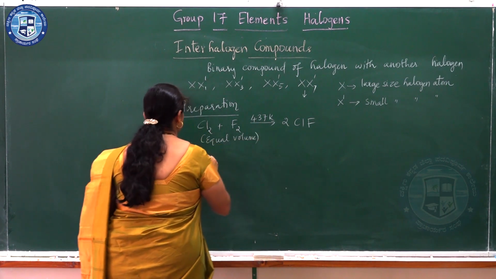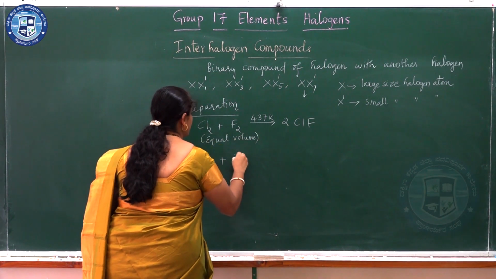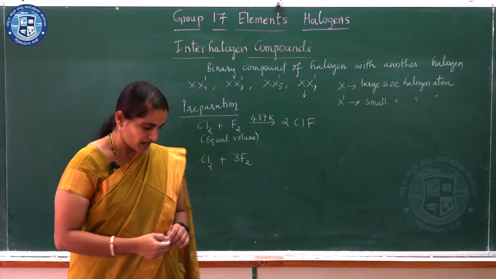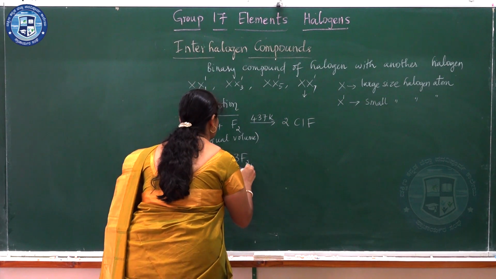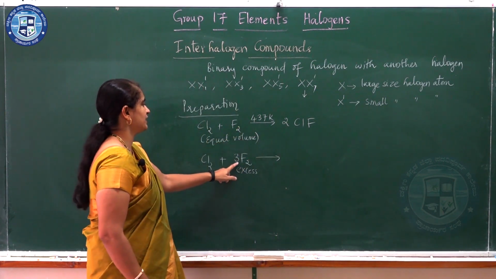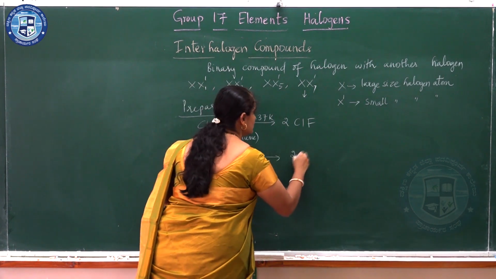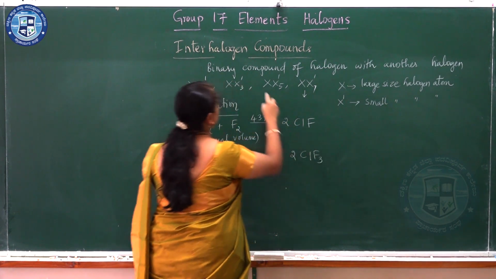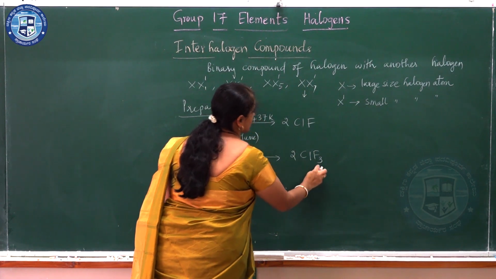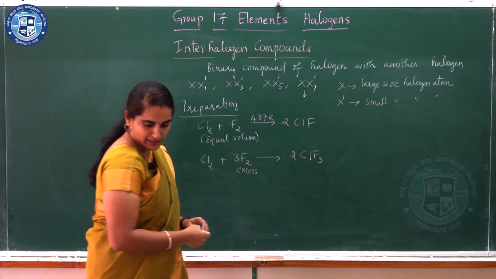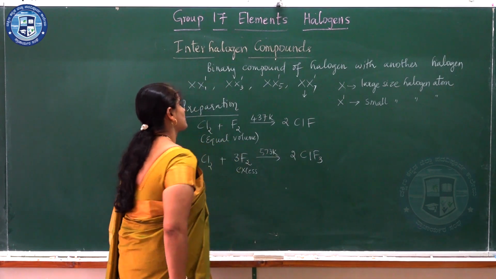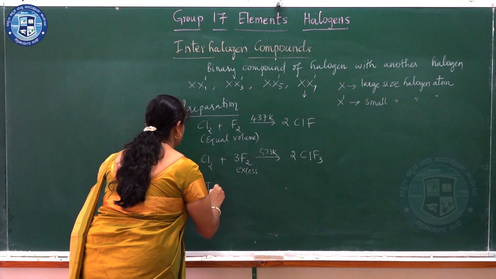Now I may also take this Cl2 and make it react with 3 molecules of fluorine. In this case I have taken fluorine in excess. So I'll end up with, see here I have 3, so 2ClF3, this type, XX-3 type. In this case the temperature is around 573 Kelvin. Next I can take I2